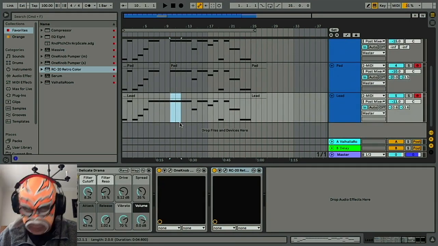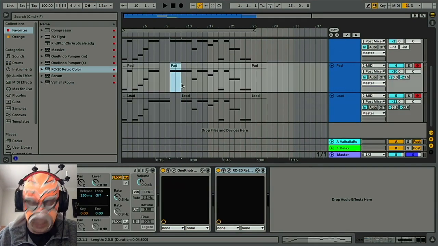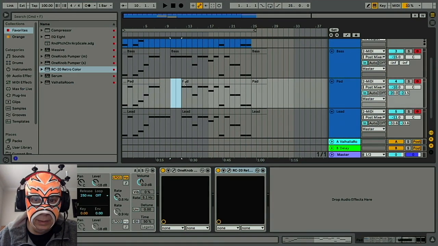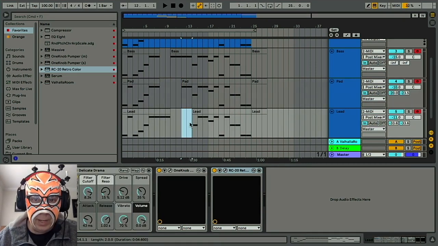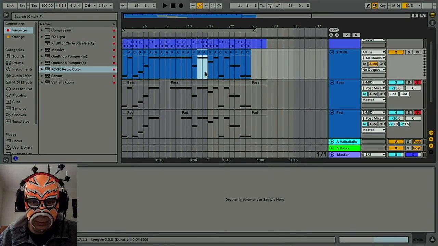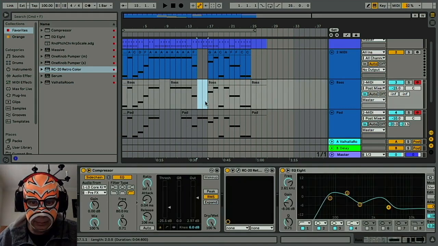Then we'll take out the lead and the pad and only hear the bass. And then the pad will come back, but then we'll lose the drums and the bass